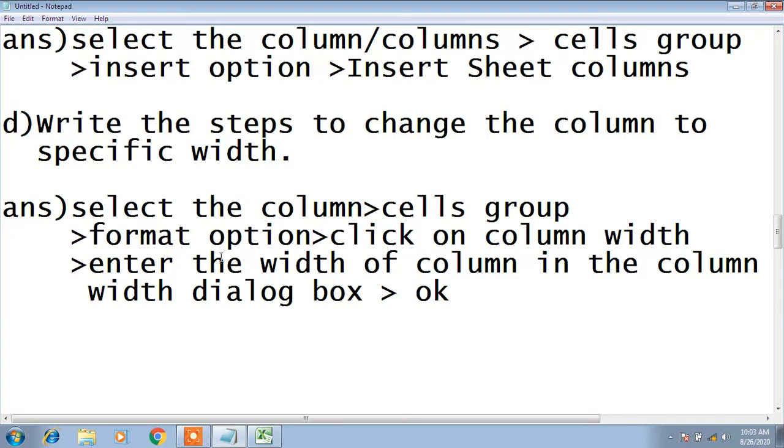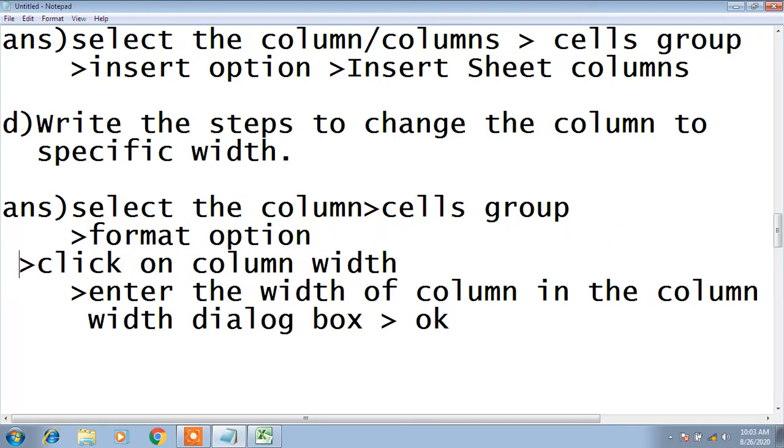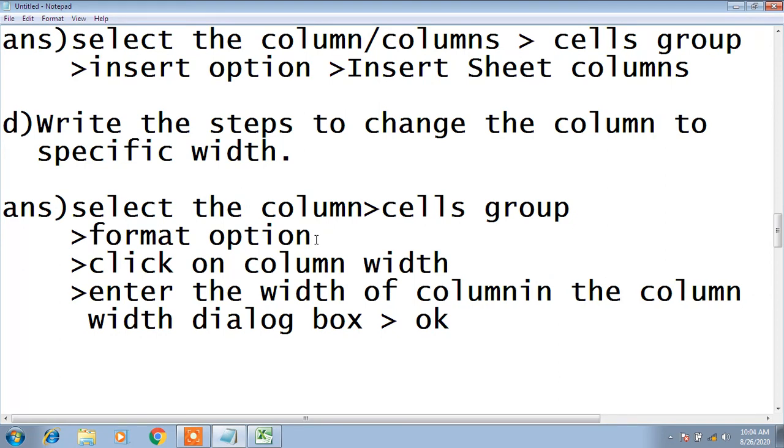So first we go to the format option, then click on column width, enter the width of the column in the column width dialog box, then click on OK. So in this way all the questions I have discussed. That's all for today. Thank you.